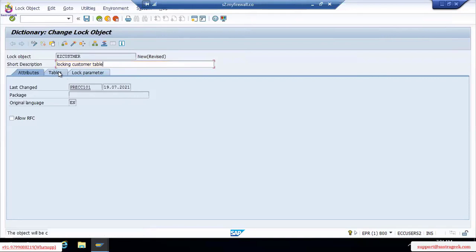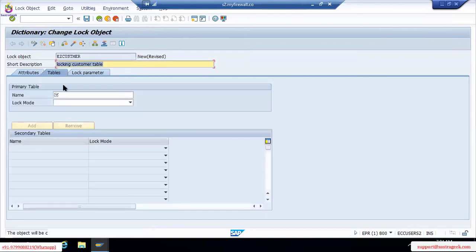Now click on the lock tables tab. I want to apply the lock object for a particular table. For which particular table you want to apply the lock object, that table name you need to specify here and click on enter.